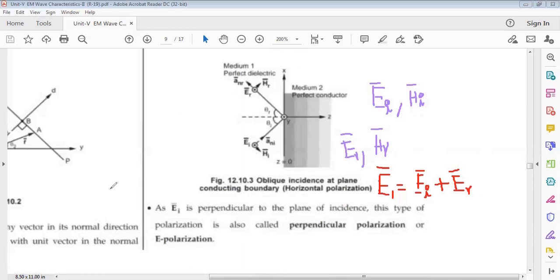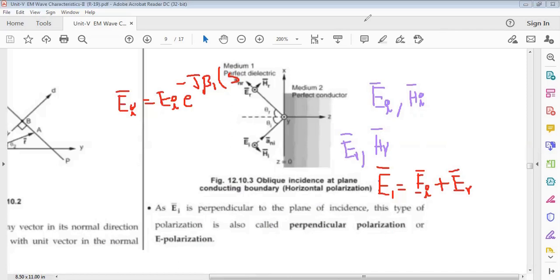So what is EI and ER equal to? EI bar is equal to, we got the expression as EI into e power minus j beta 1 into whatever equation we got, sin theta I into,